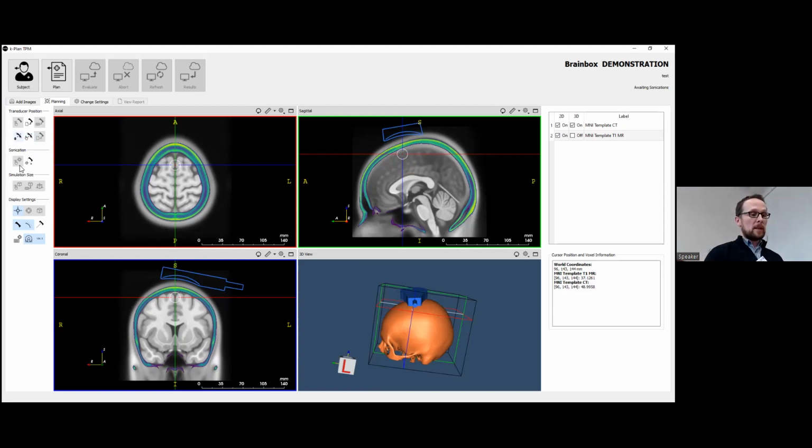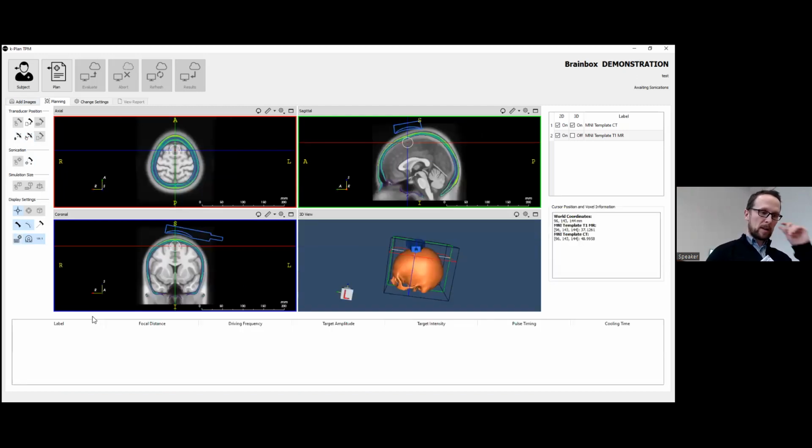So that comes in, for those of you online, the question about the specific distance of the focus. That comes into the table at the bottom here where we set that distance. If it's a transducer with a fixed focal length, then that would be in the properties of the previous step, the file that we load for that transducer. If it's a steerable transducer, then we would use this table to